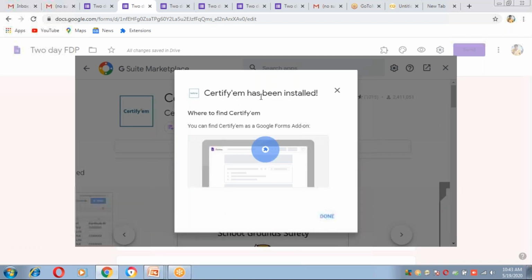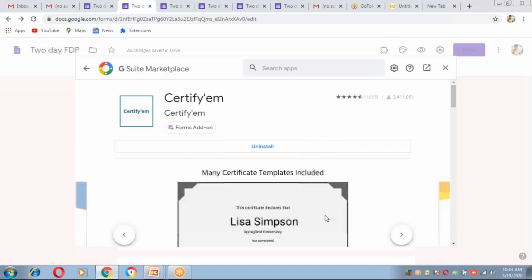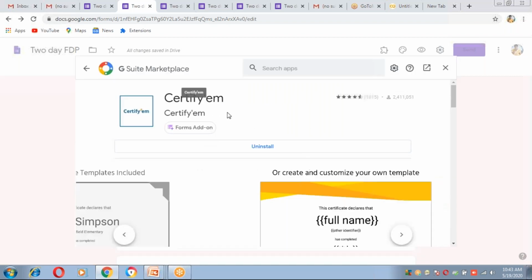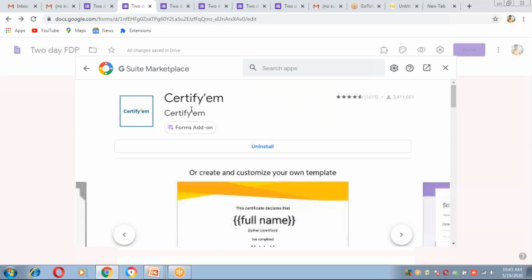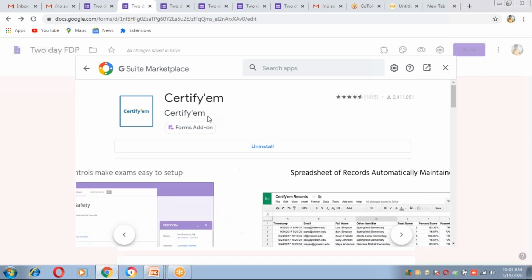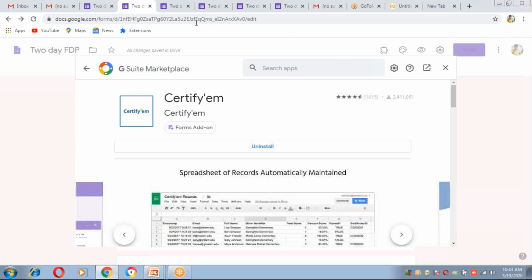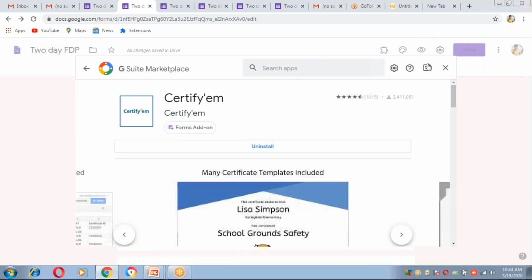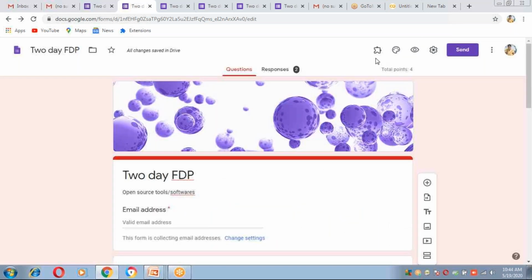See, this one, Certify EM, has been installed. So click on done. When this add-on was installed, this button will come. If no add-ons were there, as previously I uninstalled, then this button had disappeared. So this is the add-on button.